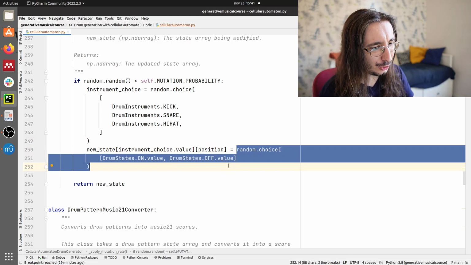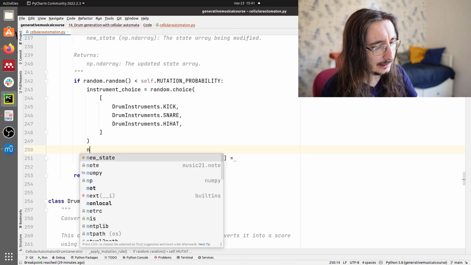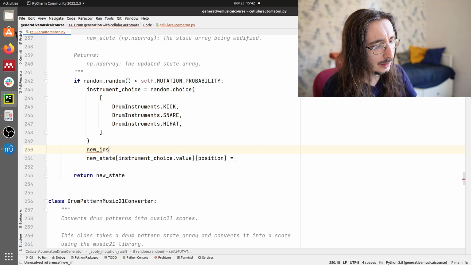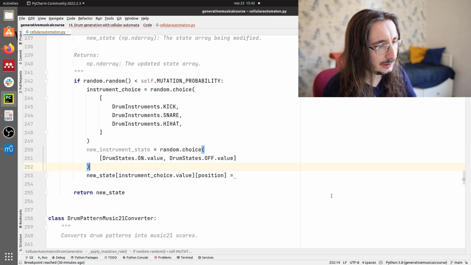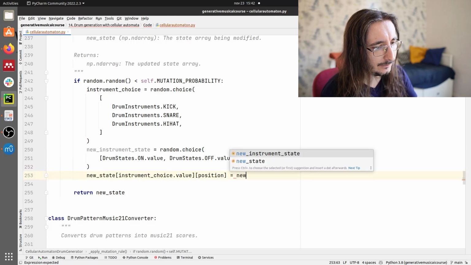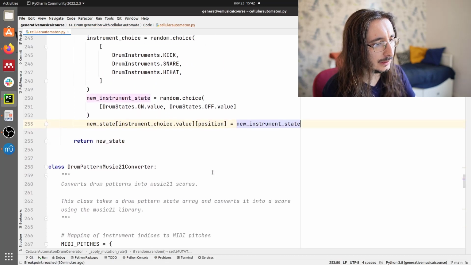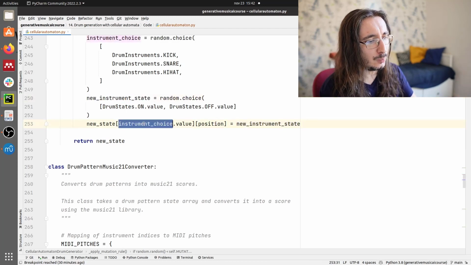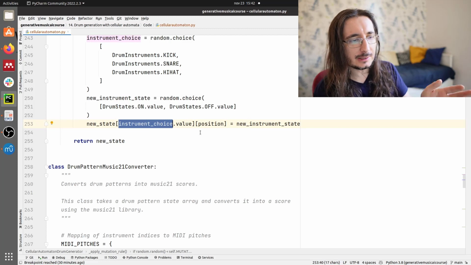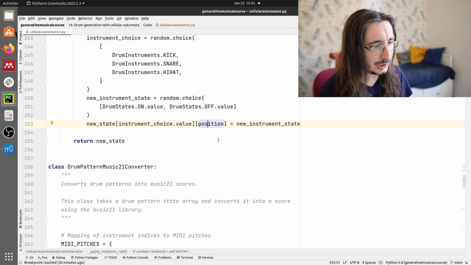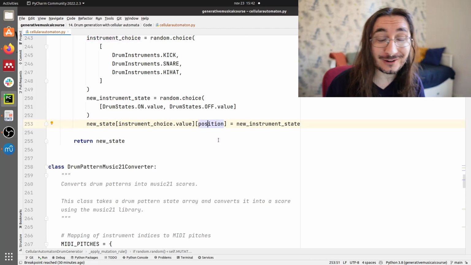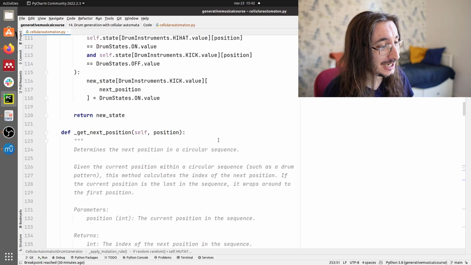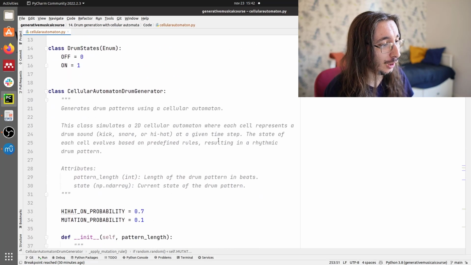But I don't like this implementation because it's too verbose. So I'm going to just rewrite it like this. New instrument state. I'm going to pass this one here, and I'm going to get this one like this. Okay, so we get the new instrument state, and then we assign it to the chosen instrument at the current position. Good. We are done with the implementation of this quite long class called